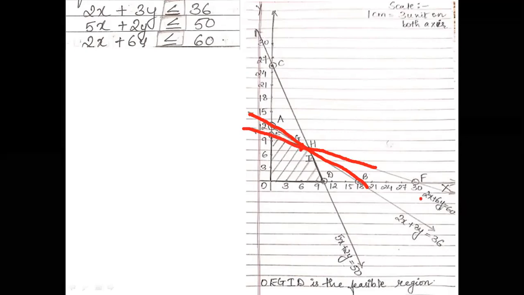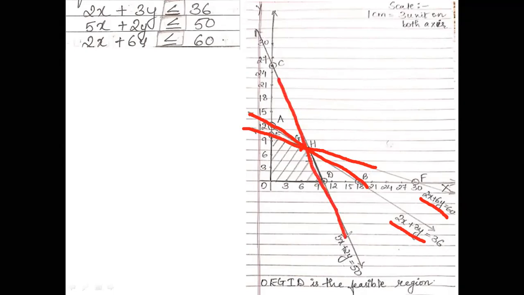So basically these are the two equations by which point G is being formed. In order to find G, you have to solve these two equations simultaneously. As far as I coordinate is concerned, you can see I is formed by this particular line and this particular line. So for I, you will be solving these two equations simultaneously. I hope, class, it's now clear how you will solve and get the coordinates of the new points which we get on the graph.